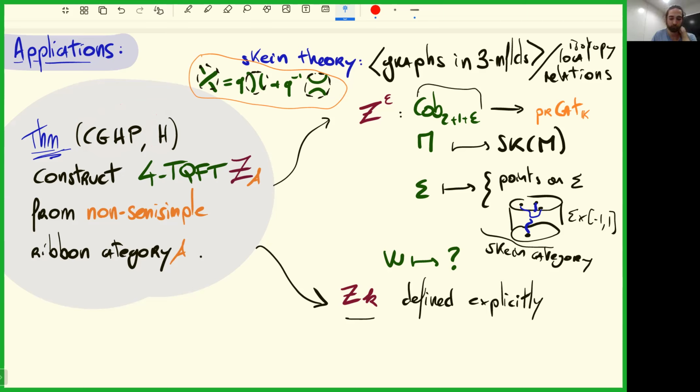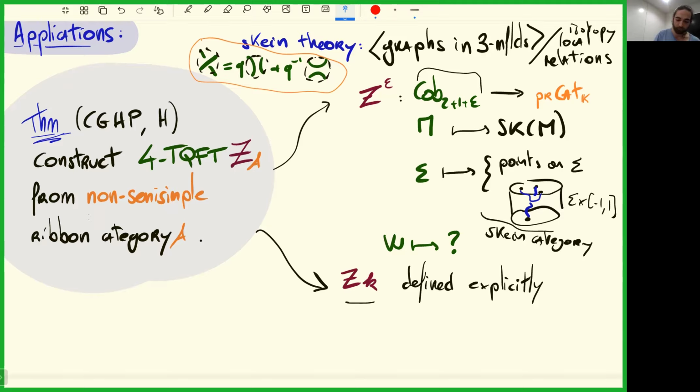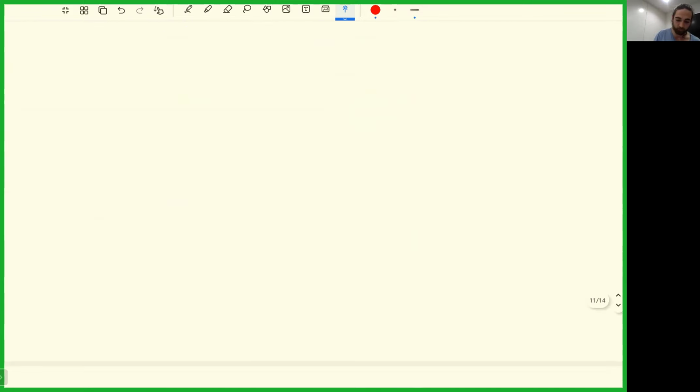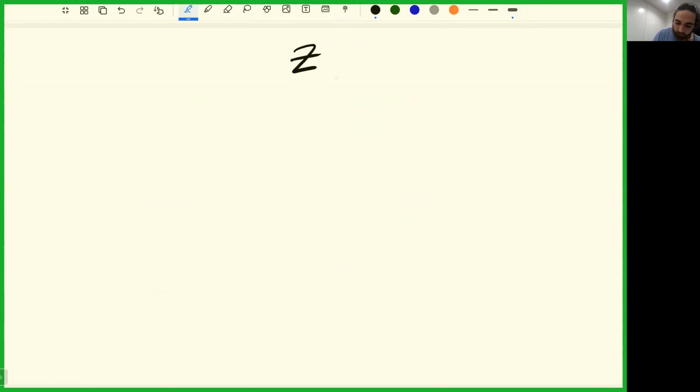Somehow, yes. I didn't talk about it, but since I was even faster than I expected, I could say a few words on this. The motivation for doing these once extended TQFTs in dimension four is looking at some boundary conditions. So we have this TQFT, which I'll call Z, that gives me something on surfaces, something on three manifolds,